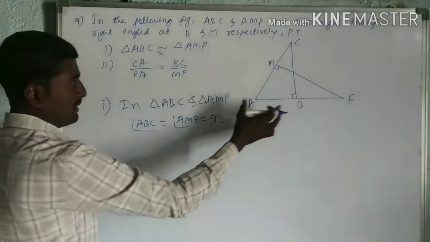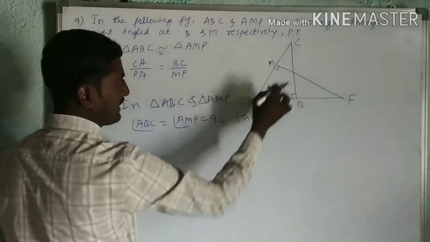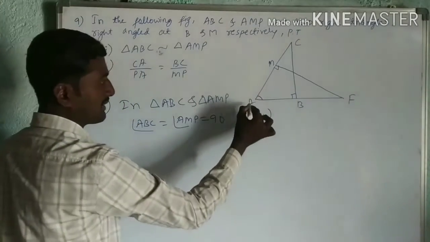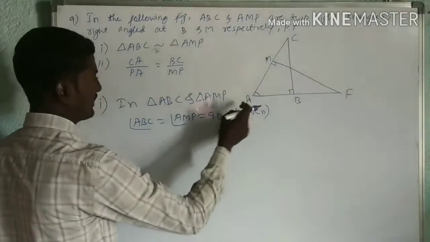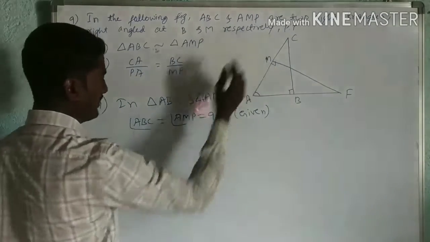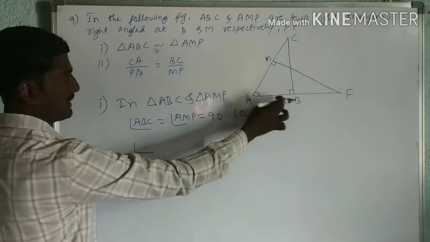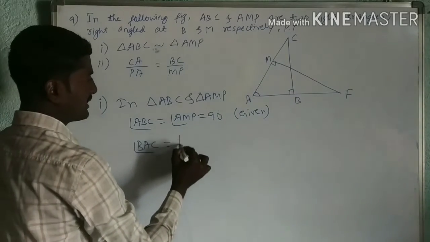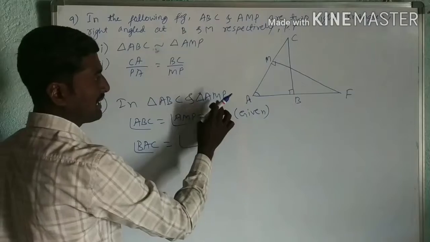Next, in triangle ABC, angle A, and in triangle AMP, angle A. So angle A is common, that is BAC. Angle BAC is equal to, for the triangle AMP,